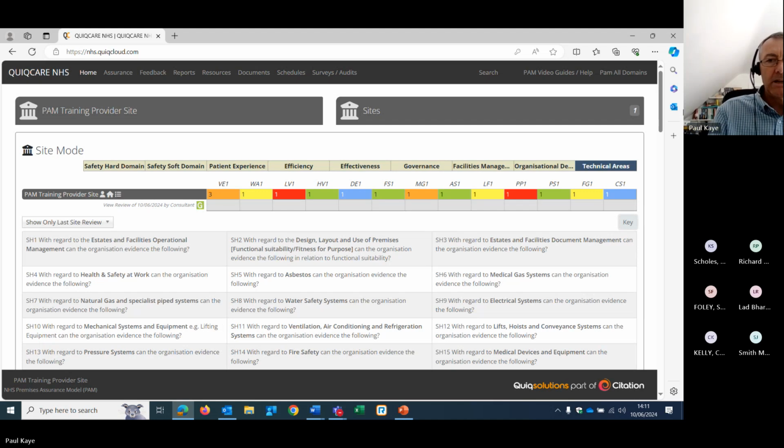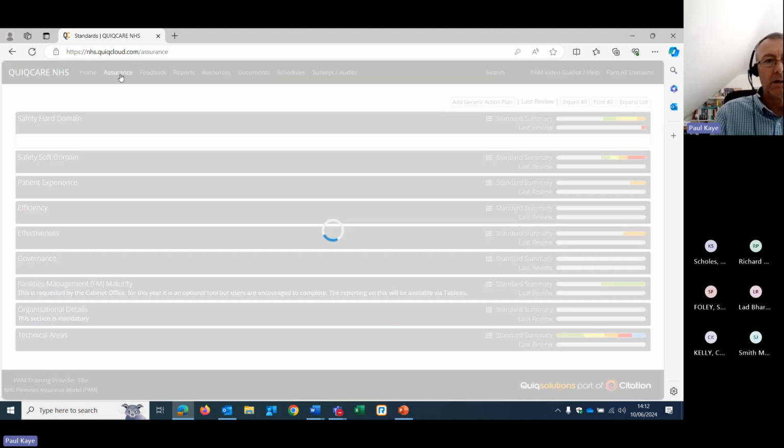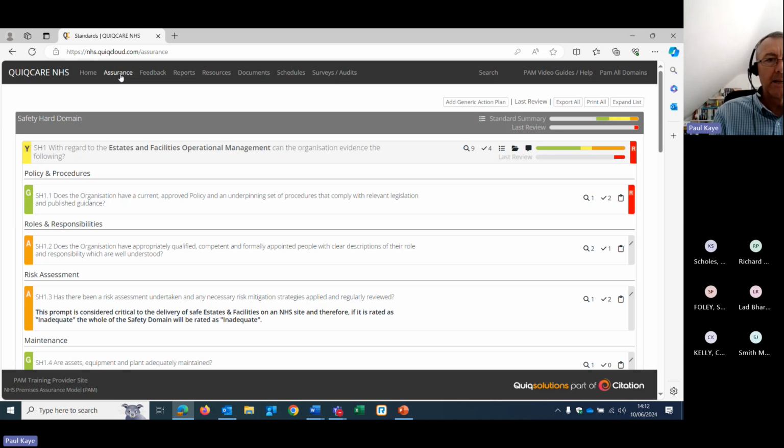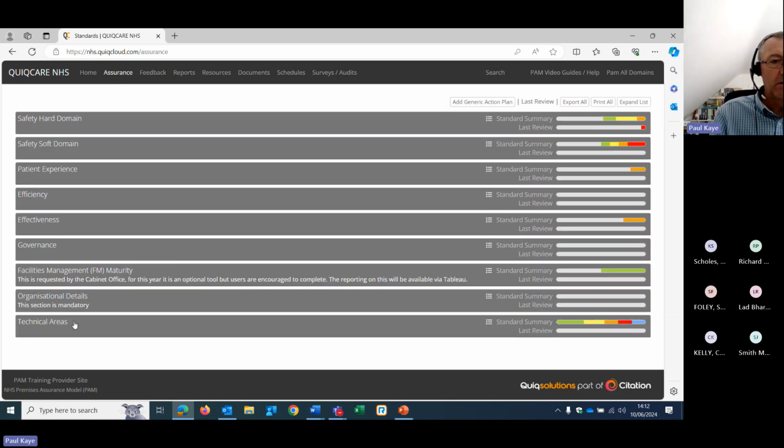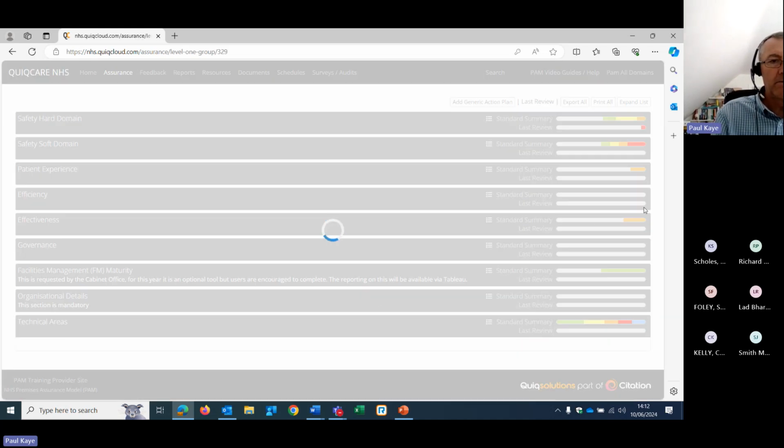If I'm carrying out ongoing self-assessment using this tool, I can go to the assurance menu, or I could click on the relevant section in the dashboard to take me there, and then I can go into the technical area that I'm interested in. So let's say we're looking at ventilation.